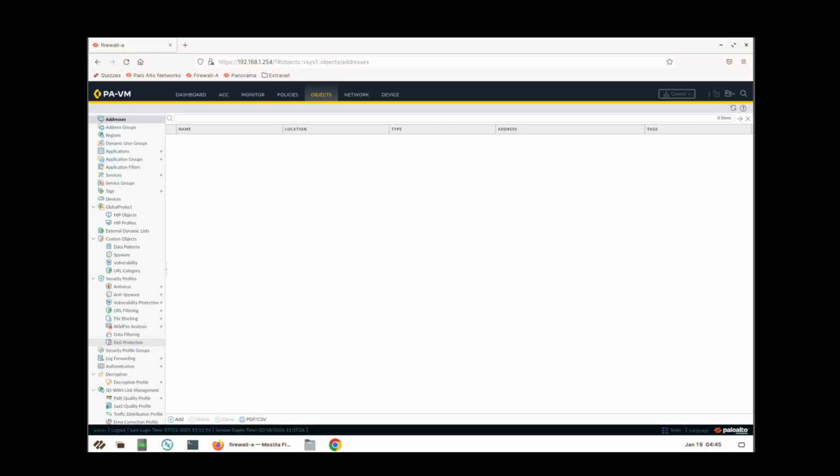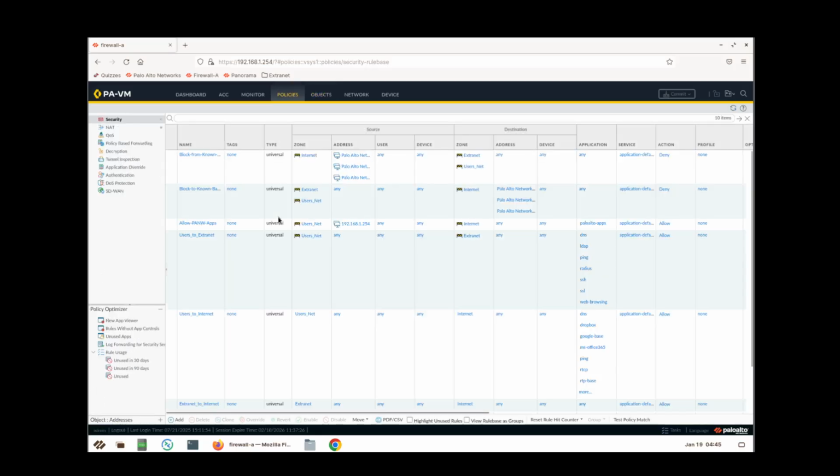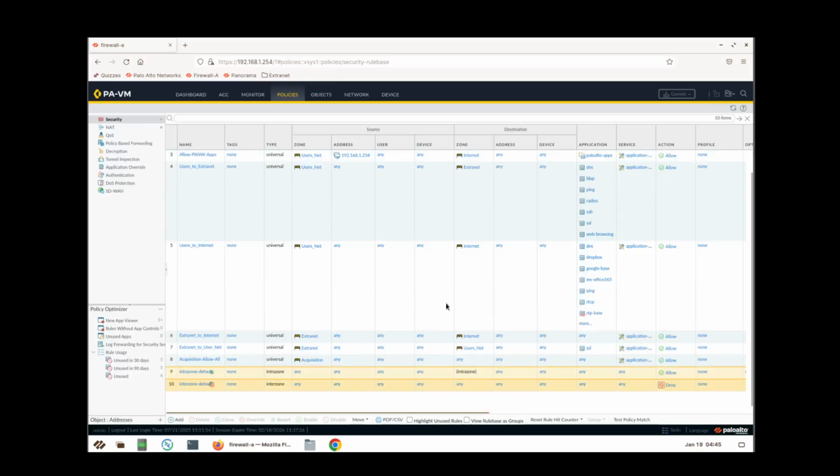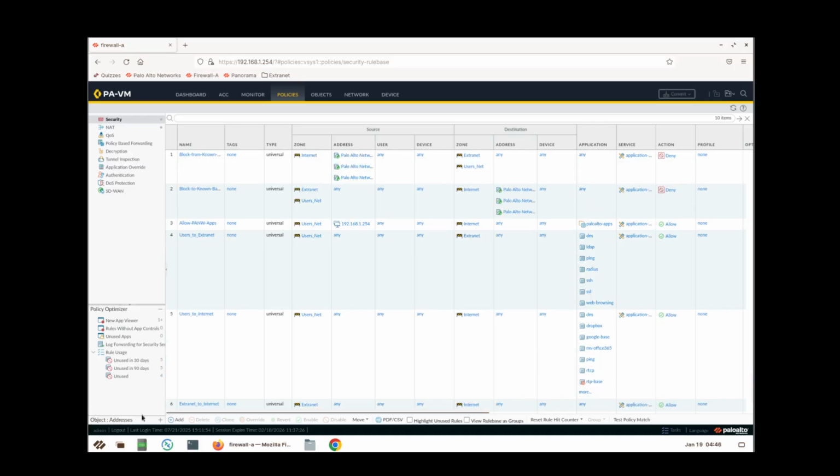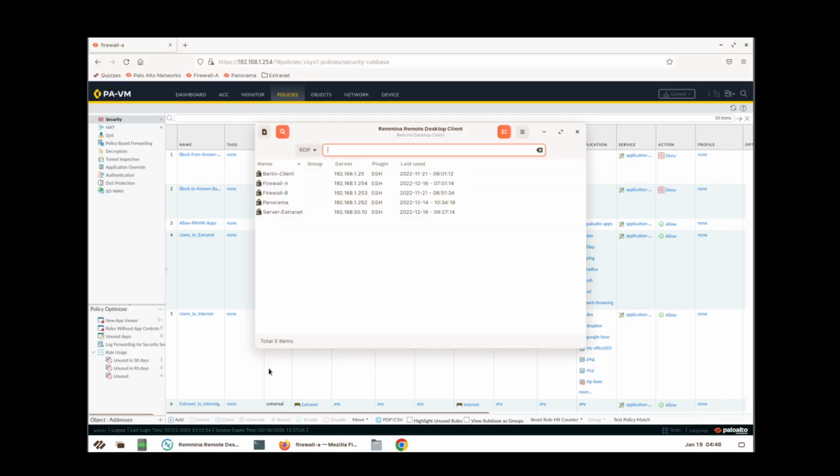So the first thing we're going to do is generate some traffic without a security profile. And you can see here are the rules that we have in place currently. These rules were created in our last video. So first thing we're going to do is jump over to our remote desktop client,